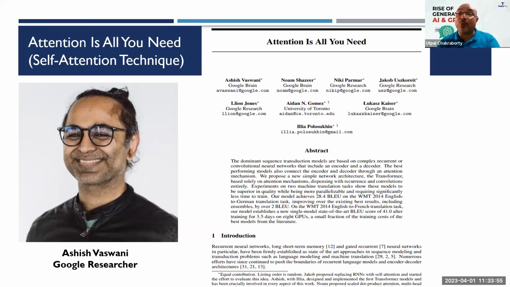Not only him, credit goes to a lot of other people. You can see the names. But Ashish Vaswani, you can see the first name appearing in that paper. He has made a great contribution to that, and we should feel proud of that. He's an Indian. So these are the technical background of